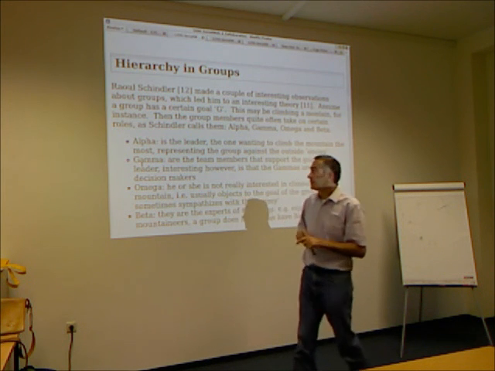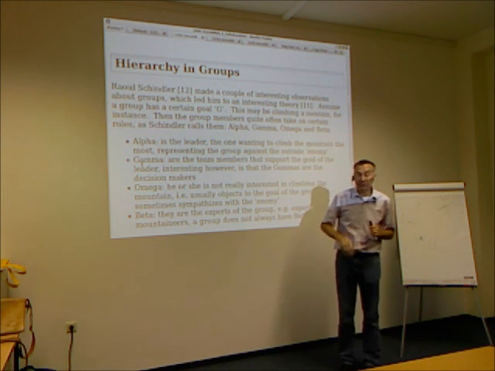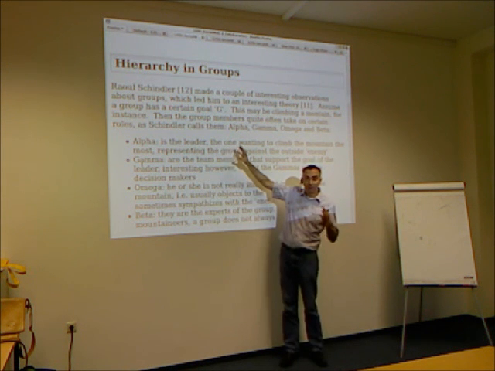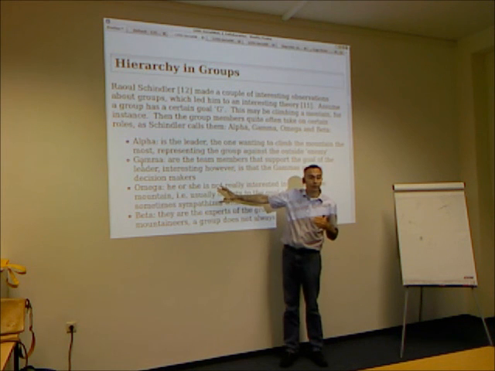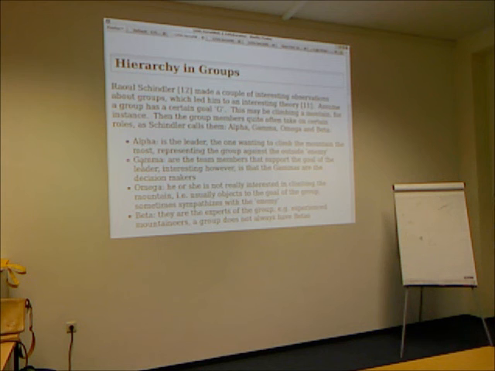And the funny thing is that this is the observation of Raoul Schindler, that it seems every team, every group has an alpha, and every group has an omega. It may not necessarily have the betas. The gammas, sure, they're always there, but that's his observation. And if you look at yourself, and if you look at teams that you have been in, or different challenges that you have been facing, or if you look in history of different things happening on a larger scale, you can identify that this is a model that quite often hits the core of what's going on in terms of the psychology.